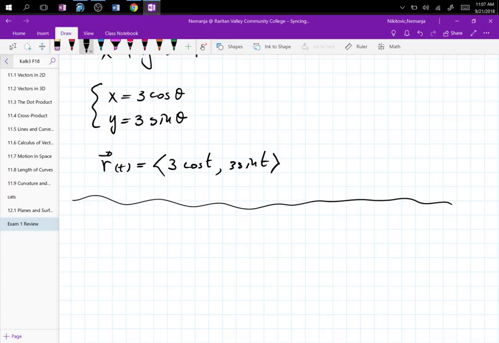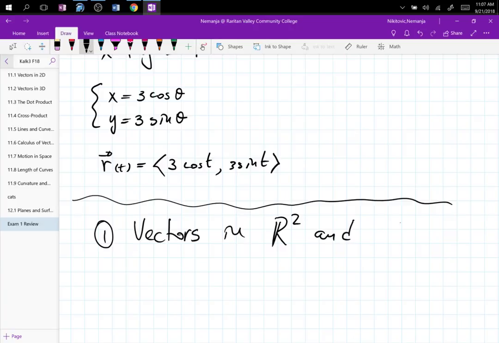We are looking into vectors in 2D and 3D, so R2 and R3. When we say vectors, we are saying addition, subtraction, scaling times a constant, then how to get the vector when you subtract points, also the angle between two vectors with a dot product, and then for R3, cross product. So let's go to number 2, the dot product,